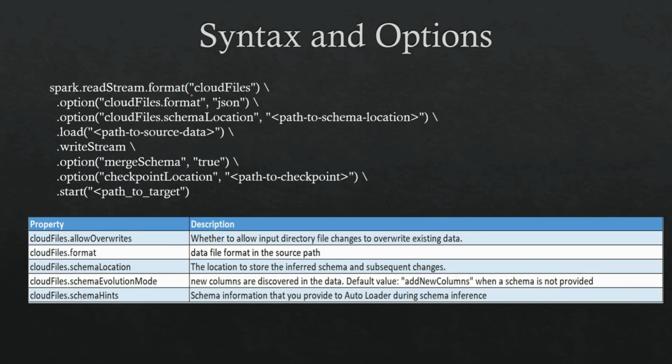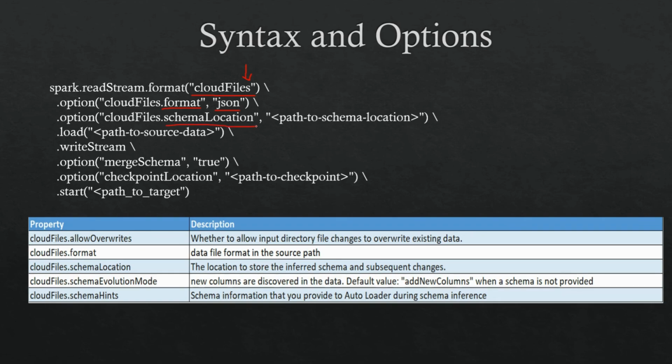So the format of the file when you have an autoloader is cloud files. If you are seeing this cloud files, you come to know that using this cloud files itself, the autoloader is actually going ahead and reading your data. Then you can mention what your cloud file format is. The cloud file formats could be different. It could be JSON, it could be an Avro, it could be CSV, it could be text file. Whatever cloud file formats it provides with the autoloader, you can mention that.